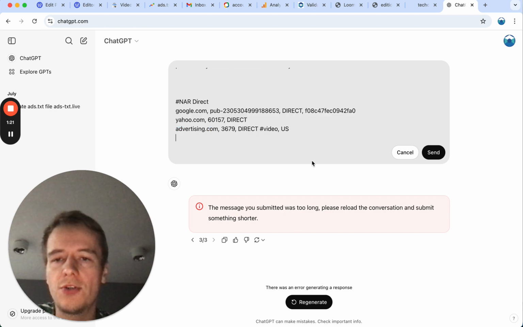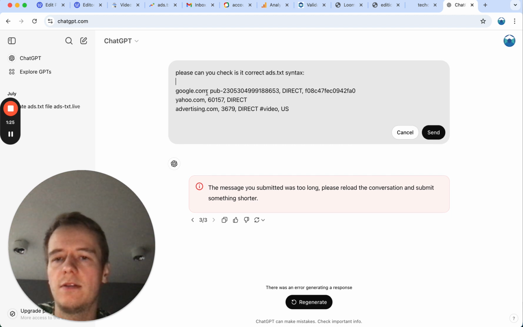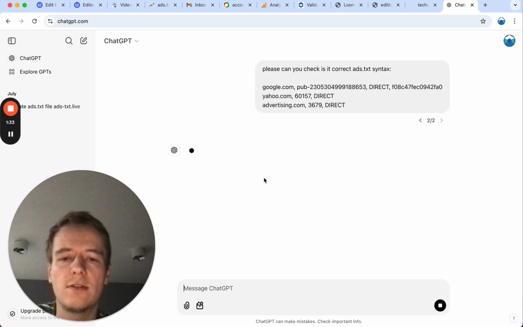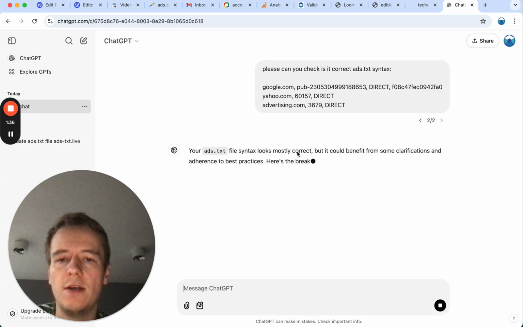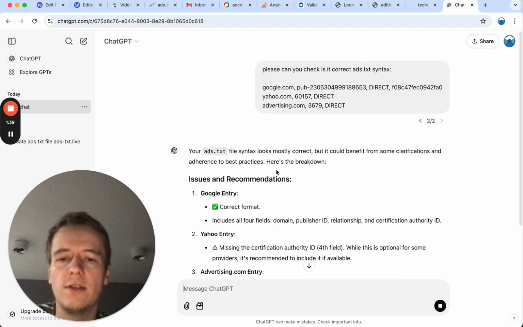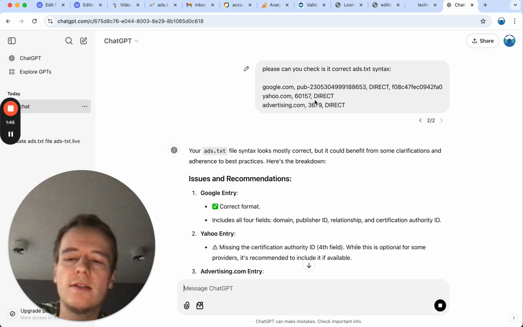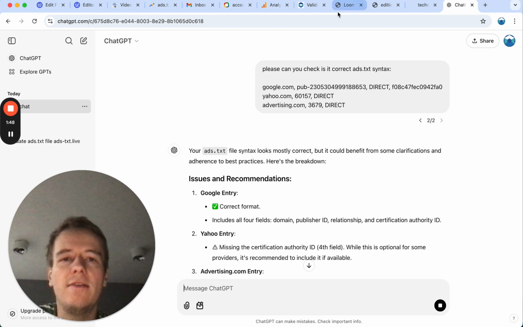For small publishers who have really few lines in the ads.txt file, it can be really useful. You can use just ChatGPT, and you see it doesn't see any errors here, and you can check if you are a small publisher and you have only a few lines in the ads.txt file. You don't need any validator, but